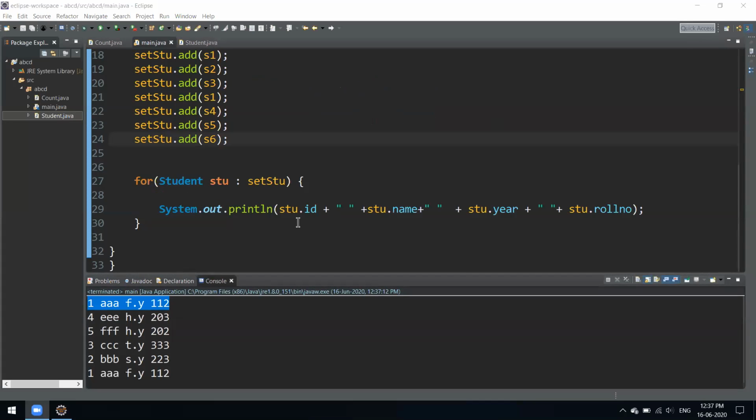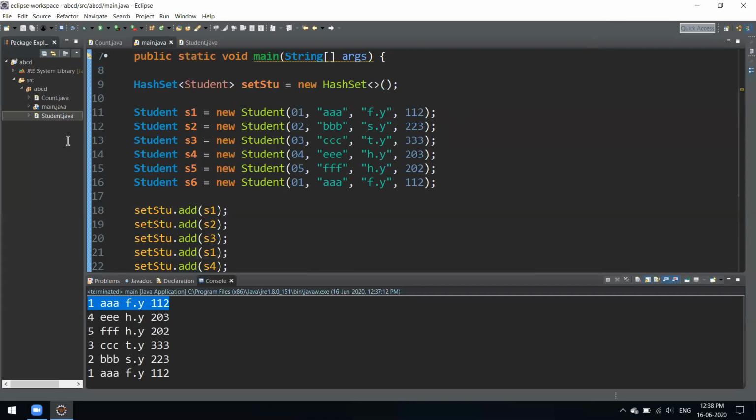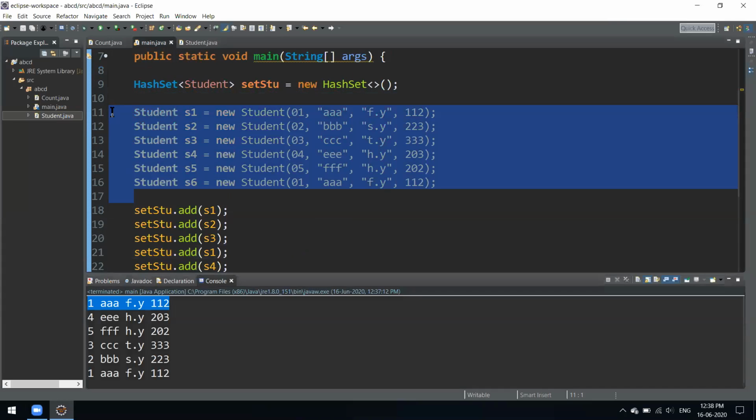Let's move on now. A linked hash set is also there. As we have a linked list over there, a linked hash set is also there. The concept is the same. If you want to create data for 100 different students, then we'll create hundreds of these kinds of objects, and then we can feed those objects inside our set or list, whatever we want to do.